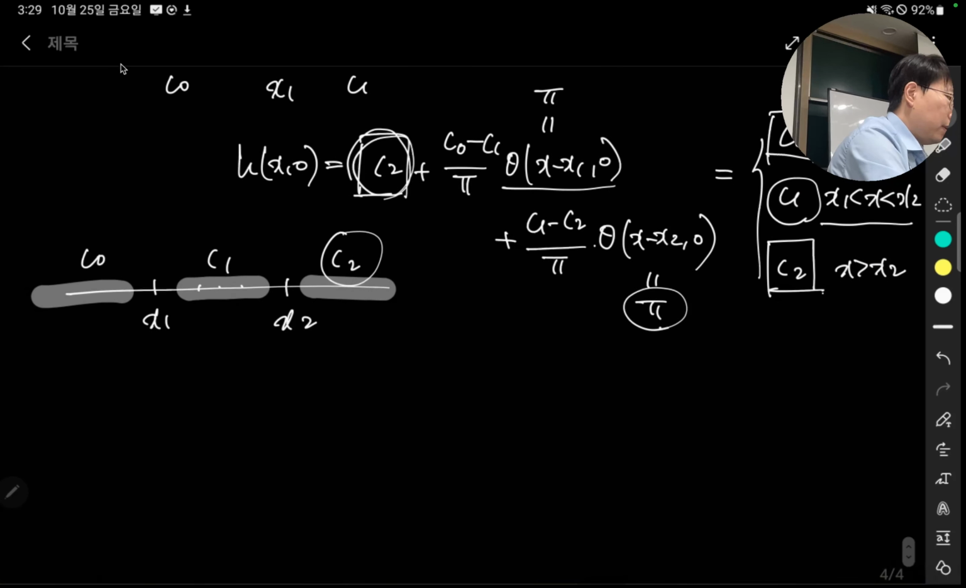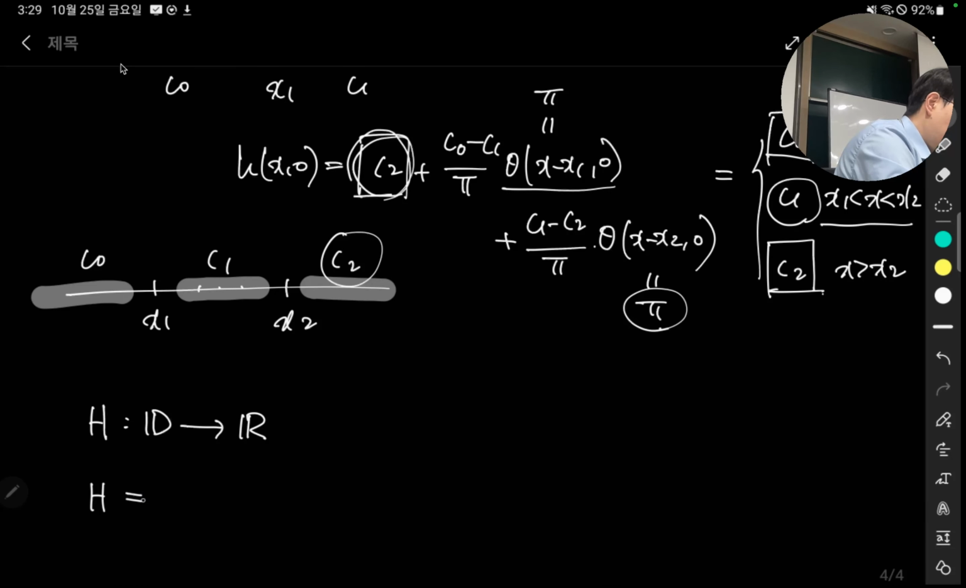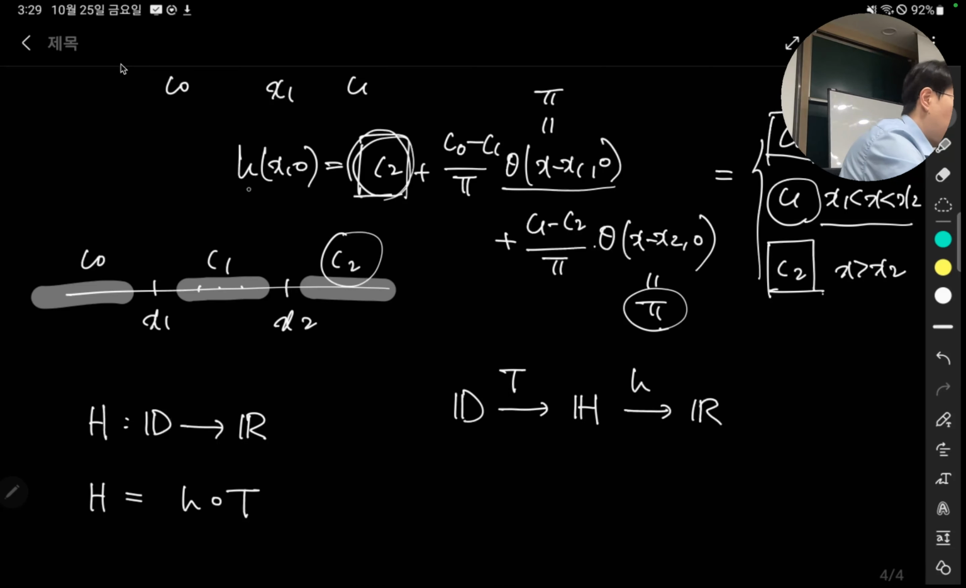Okay, so we have H and we have T. What's the next step? We just take the composition. So our H, which is a mapping from D to R, is given by the composition of H and T. So again, D is mapped to H by T, and H is mapped to R by the harmonic map H, right? We discussed this. Oh, by the way,